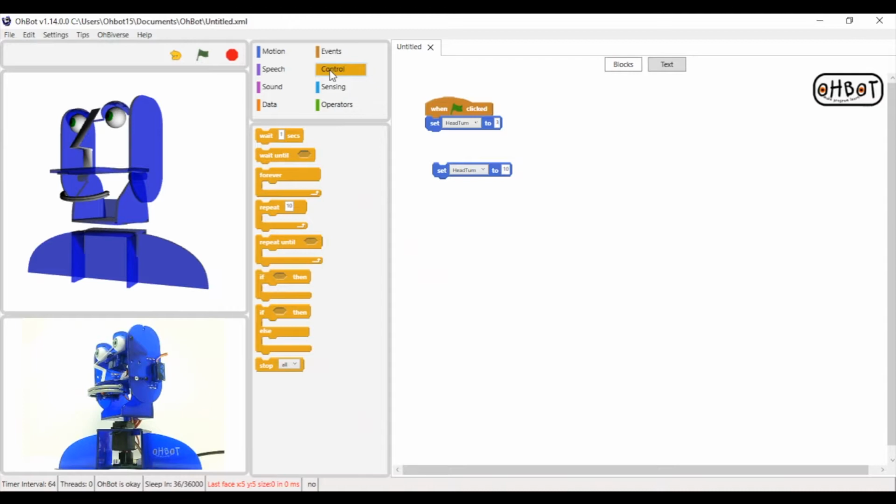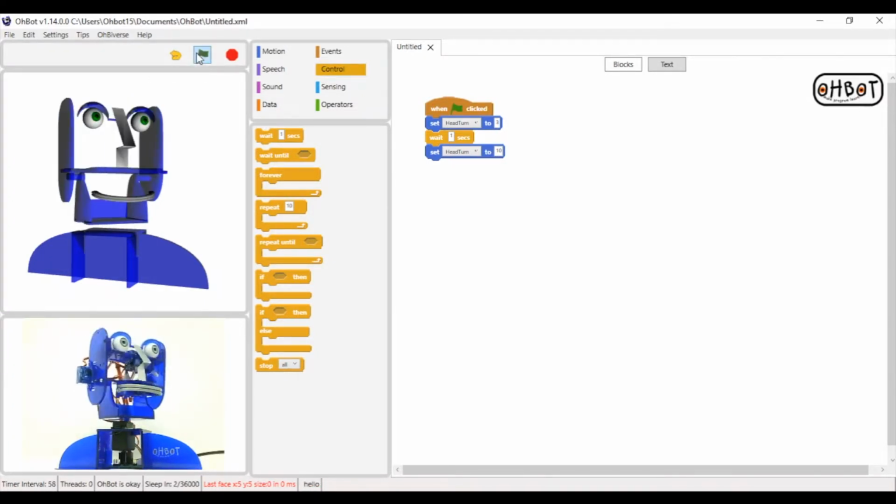To do that, I go into the control blocks and I take one of these yellow wait 1 second blocks. I can snap that underneath the head turn, and then I can snap the other head turn position underneath. Now, if we run this program, let's see what happens. It's going to go to 3, then move back over to 10. If we run it again,